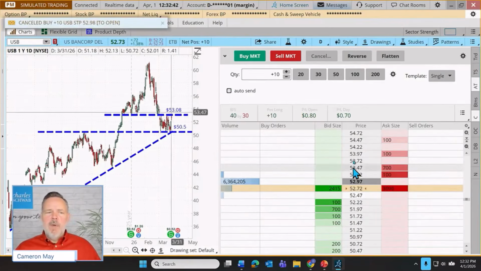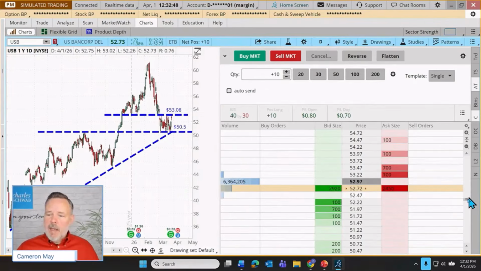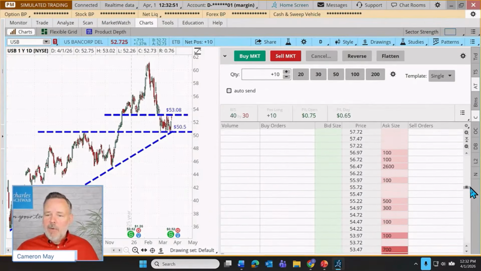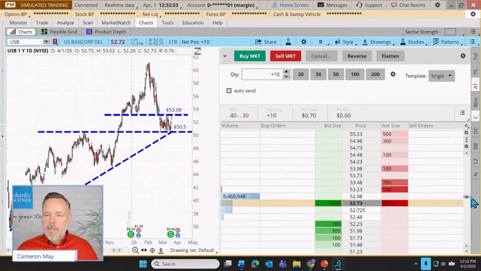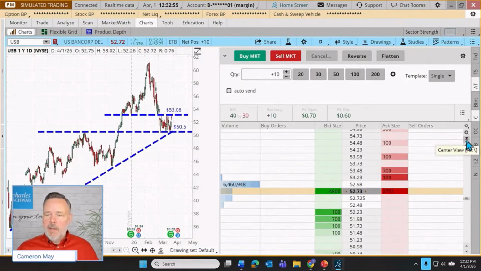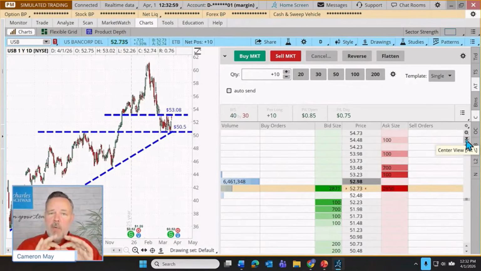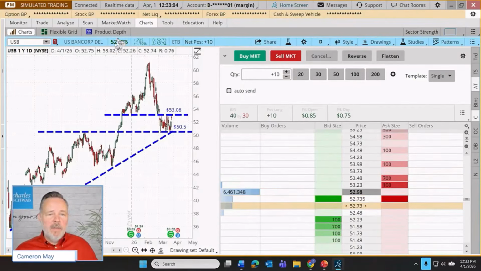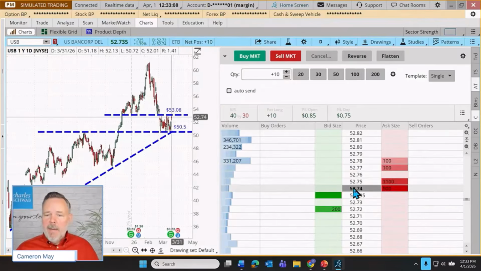But if I've played around with the increments and I want to, let's say, zoom back in or recenter things, one thing that I can do is I can scroll up and down like this, but I can also click on this center view. And what this will do is it's just going to take us right back to that 1 penny increment, and it's going to center right in on whatever the current price is, 52.74 in this case. So I'm going to click on that, and there we are, back to 52.74. All right, now,